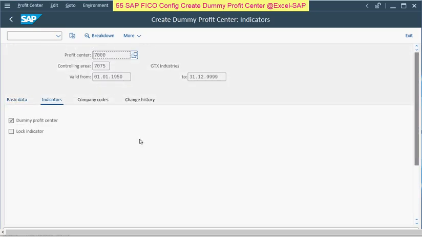then go to indicators here. You can see it's already selected dummy profit center. Then go to company code,